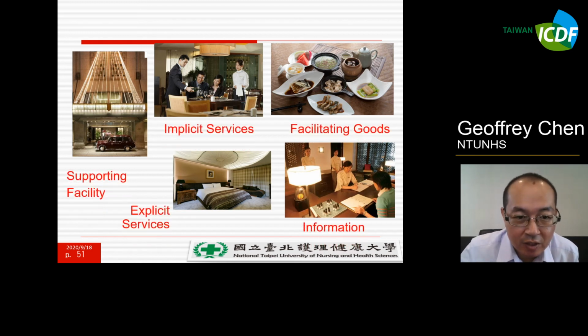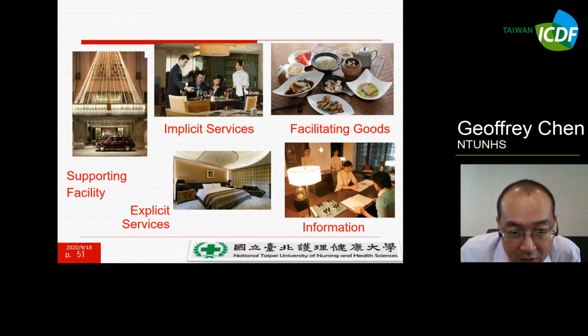So you can see supporting facilities, which are the tangible facilities or real equipment. Implicit services are like hospitality service. Explicit service is like the rooms or accessories and items in your hotel rooms.